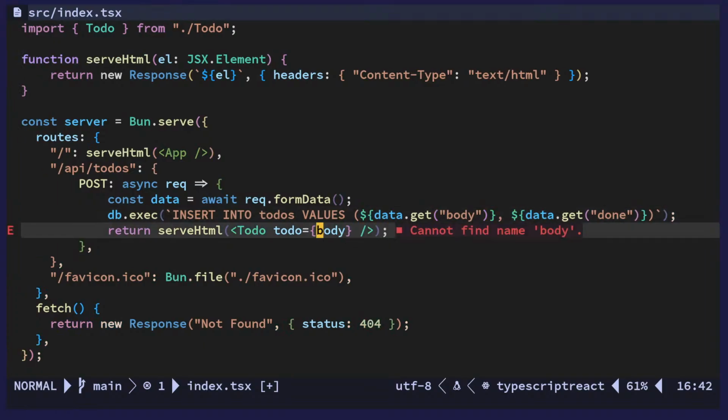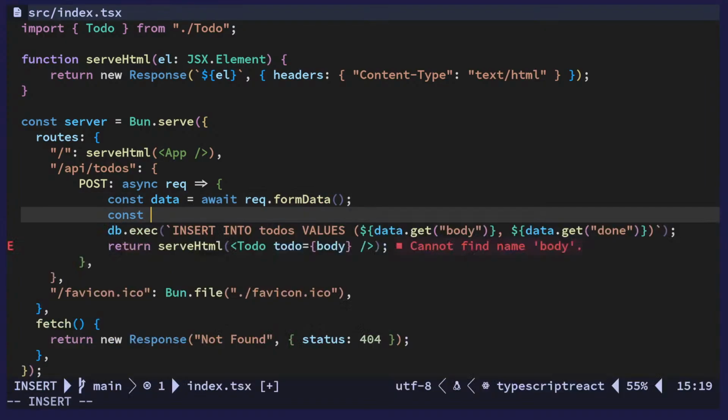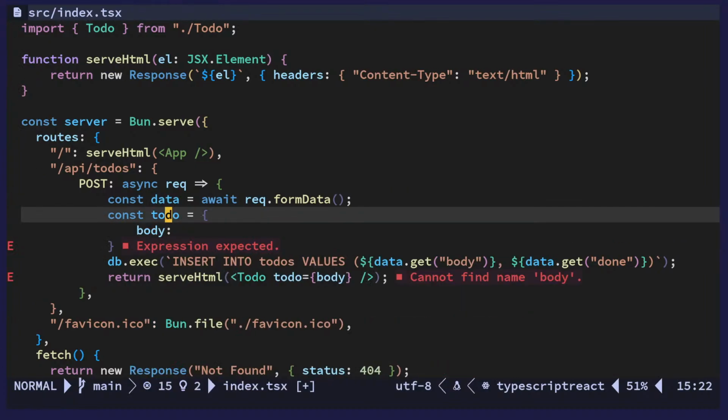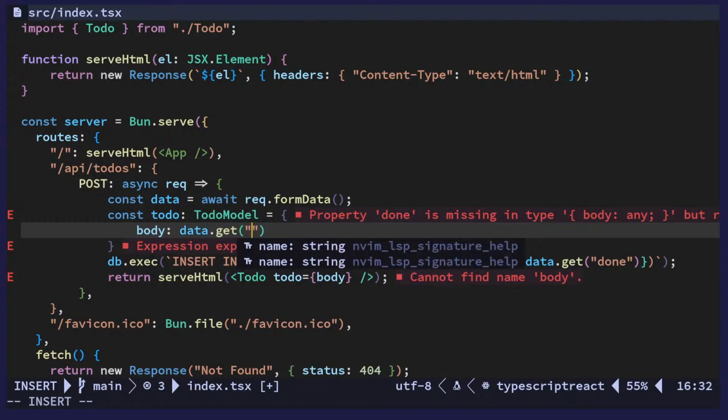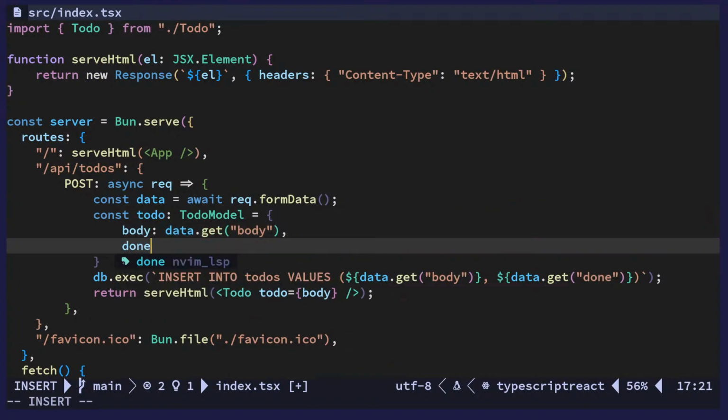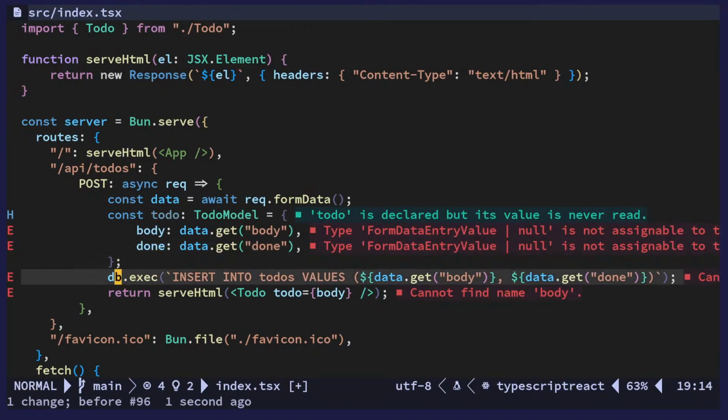And here is where I would want this to be some kind of automatic thing to make it more generic later, but